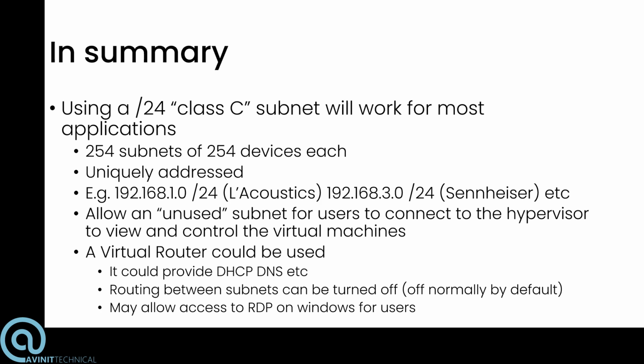We can allow an unused subnet for users to connect to the hypervisor. It has an outside-facing network interface, and that's where we would typically allow our operators to connect to the hypervisor, set up access privileges, and allow them to use the virtual desktop to view what's going on, and maybe open multiple virtual desktops so they can look at multiple machines at once. This also gives us better resilience because we're not hanging it all on one desktop operating system.